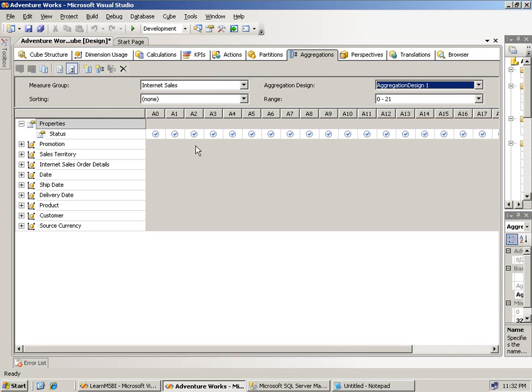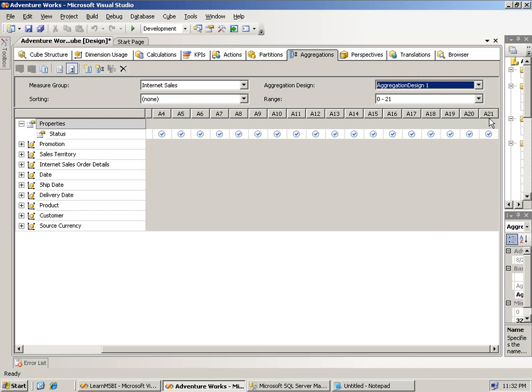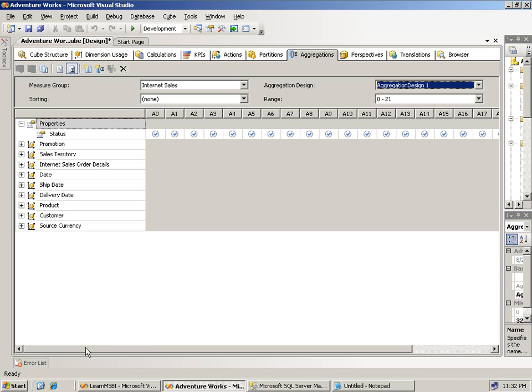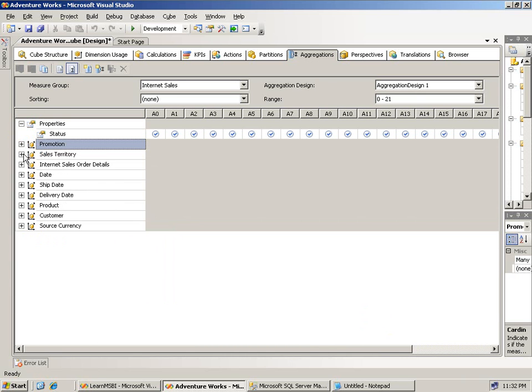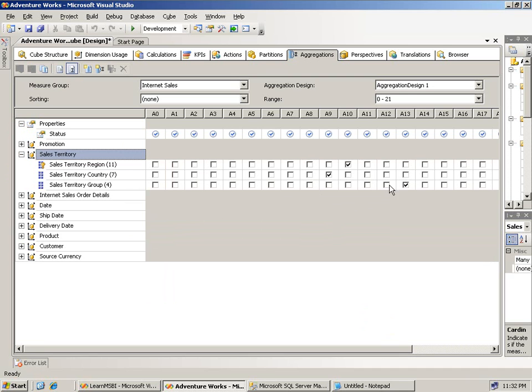I'm not going to do any sorting or ranges, but notice that this goes from A0, aggregation 0, to aggregation 21. There are 22 aggregations, and of course we have to start counting at 0, so 0 to 21. From there, I can expand each dimension, and I can see that a lot of these aggregations have promotion category. There are only 3 categories, but a lot of them use that particular attribute and none of the others. Okay, well, that's interesting enough. Sales territory looks like it's not used very much, but the group and the country and the region are all used in different aggregations. So let's leave that open for a moment, and let's drop down to product,